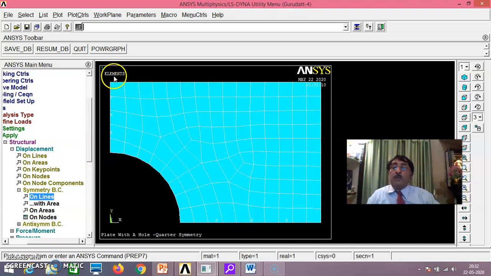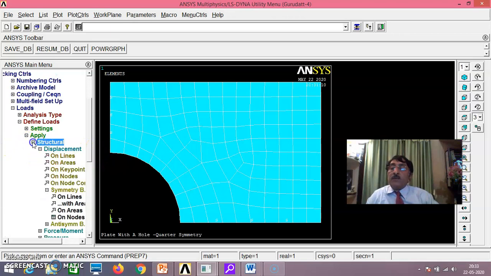That means in this symmetric boundary condition, if it is created, automatically in this region, ux will be there, uy won't be there. In this region, the other things are here, ux won't be there, uy will be there. In that way, in the direction of x there won't be any deformation because you are arrested, uy may be there. In this, ux may be there, but uy won't be there. That is the understanding of symmetric boundary condition. Anyway, don't worry about that. That the symmetric boundary condition you apply, and next you go for pressure load.